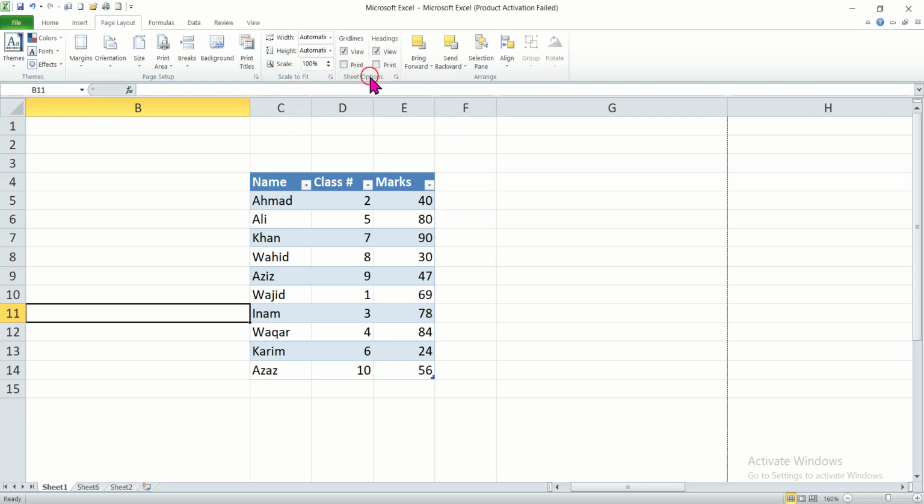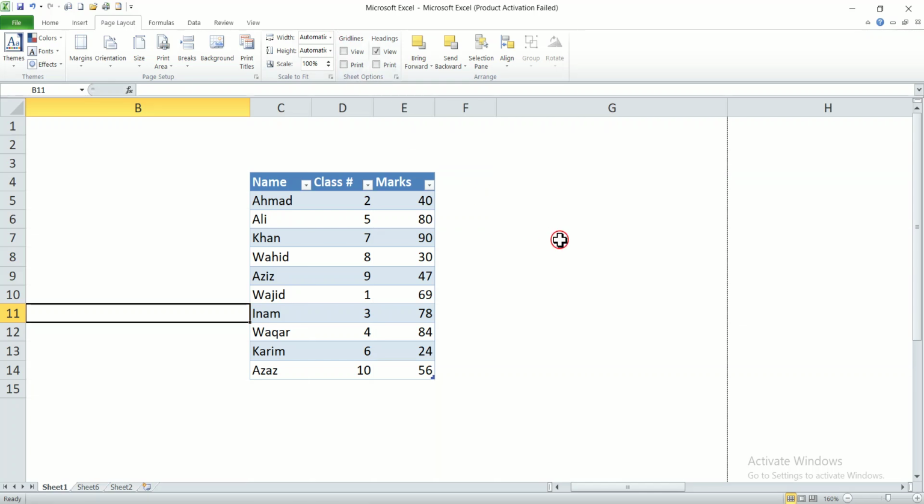The next category of tools is the Sheet Options. These are different sheet options. The sheet options are subdivided into Gridlines and Headings. In the gridlines, you can see the grid is checked. Now if we uncheck it, the grids will not be visible, they will be hidden. If we uncheck, you can see now it is unchecked and the grids have been hidden,